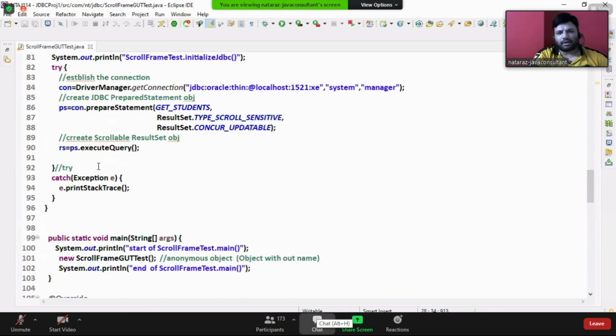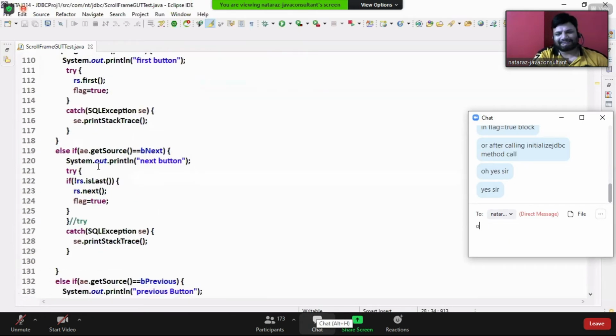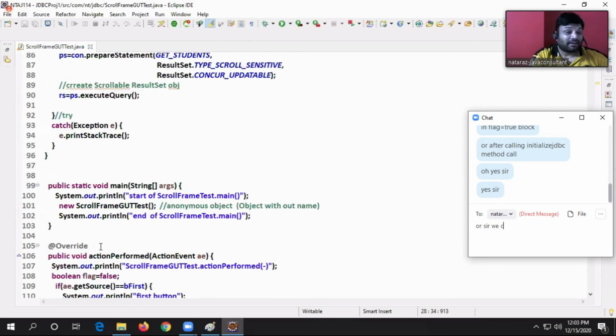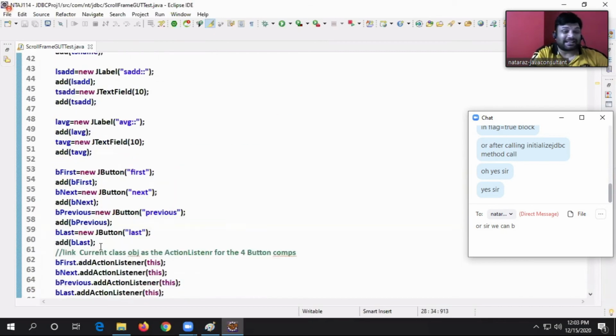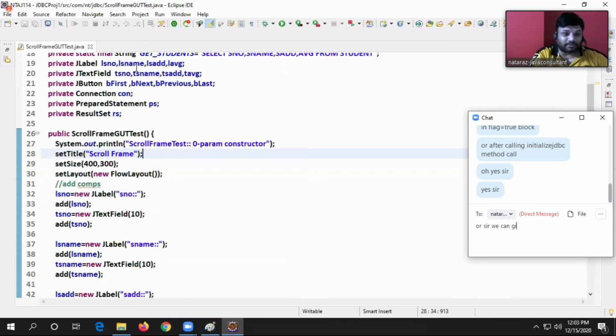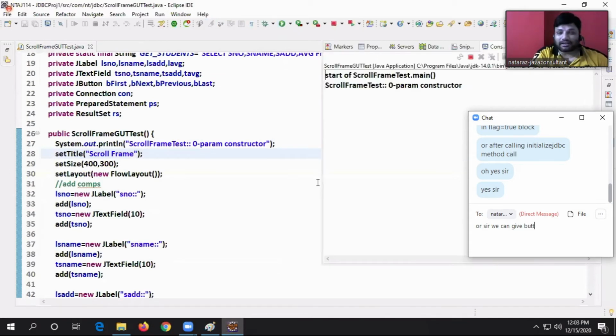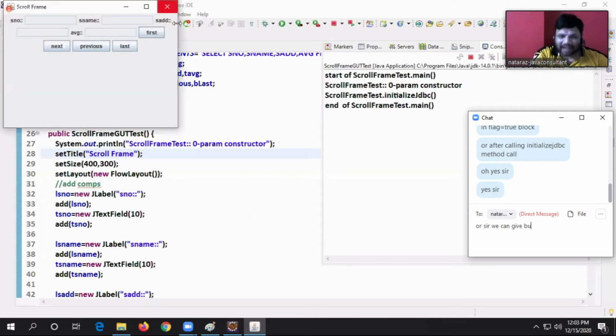Come on, guys. Are you with me? Sir, but how to capture that event? Because that button is not added by me, that cross mark. Did I add that cross mark? No. That cross mark is not added by me.